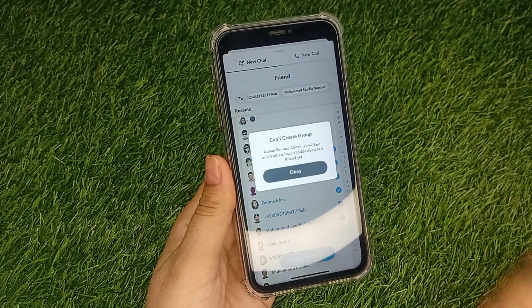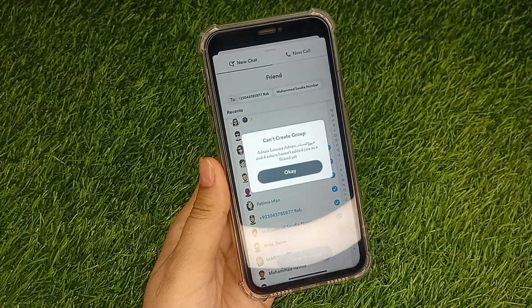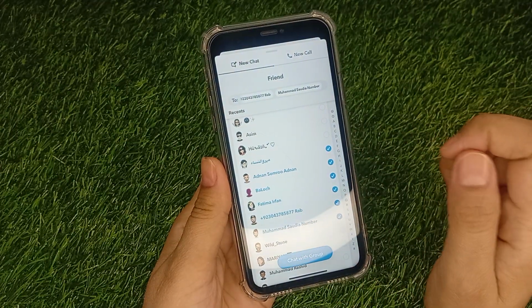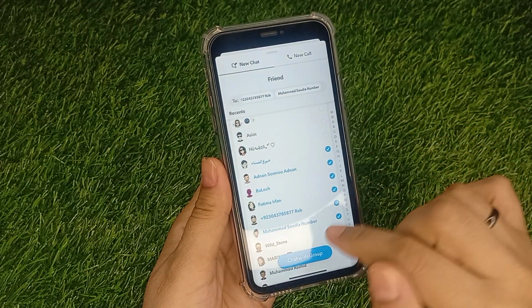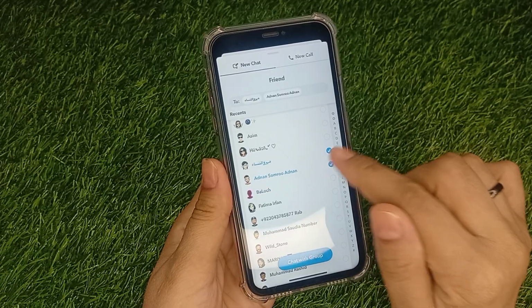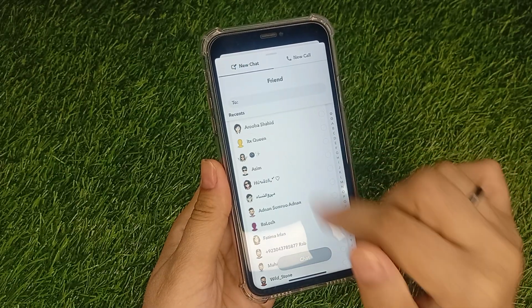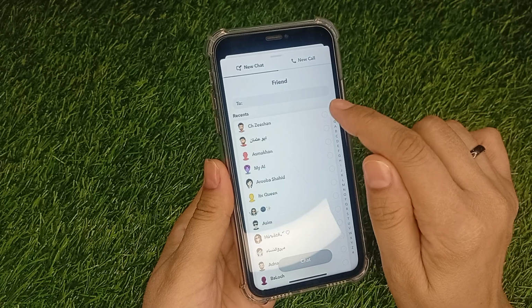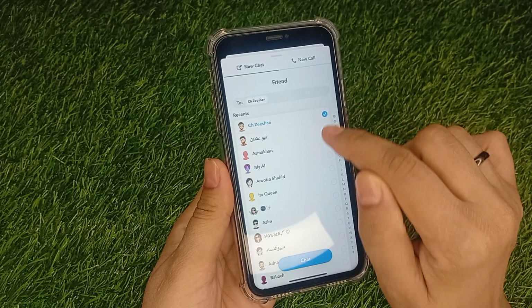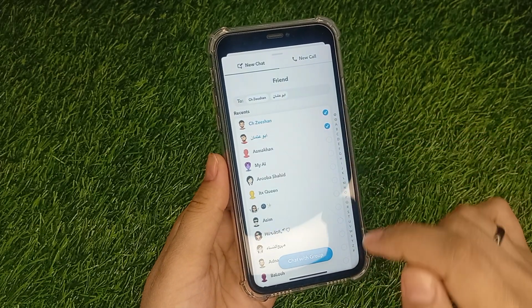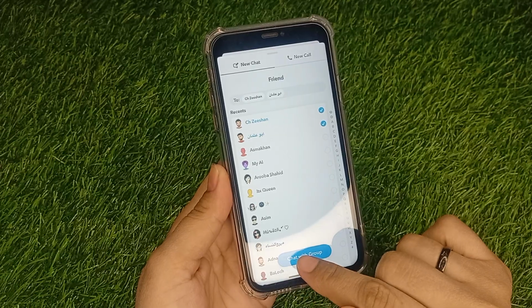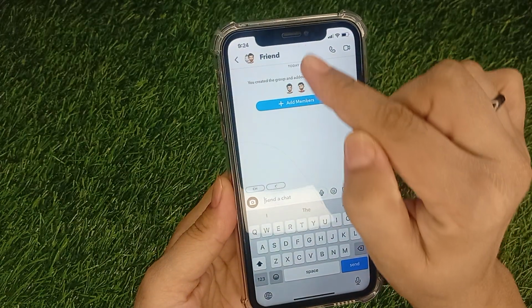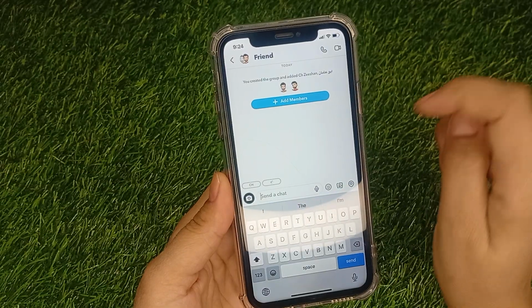You cannot add people who did not add you back. For this purpose, it is necessary that all the people added you back. Now I will remove all these names, and add only the names that added me back. These two names added me. Now I tap on chat with group, and here you can see the group is created with the name of friend,